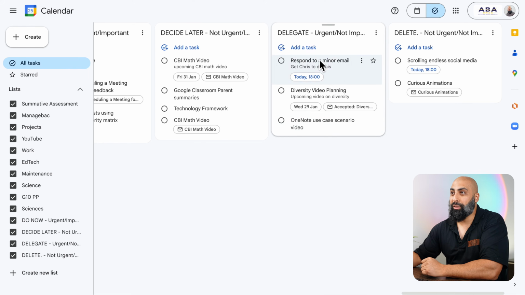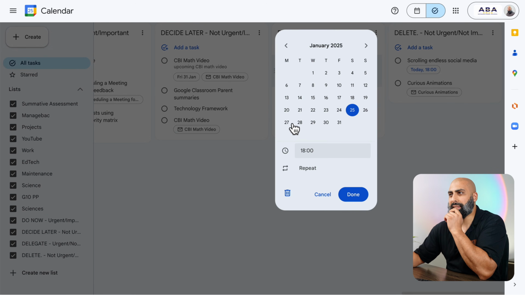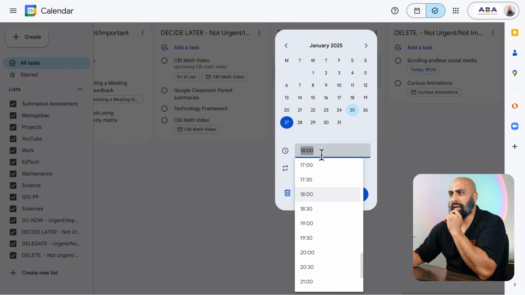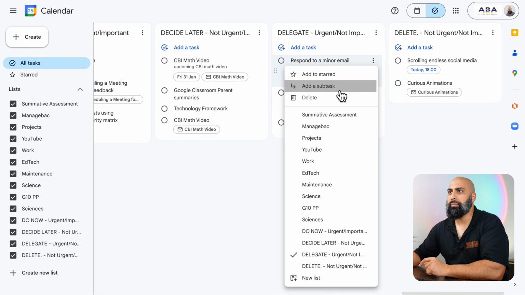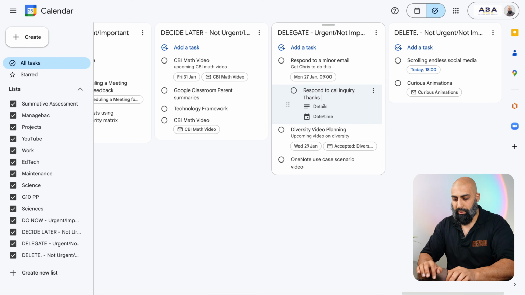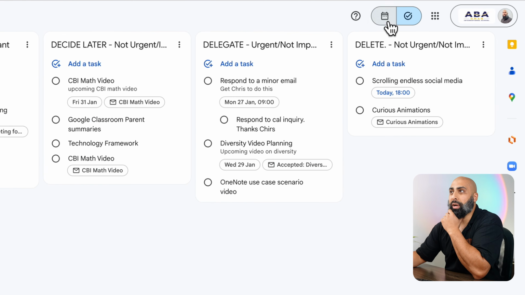You can even add details, due dates, and subtasks to make things super organized. So for example, if I click on this one here, let's add this to the 27th, and we're going to say at 9 AM. And then let's do a subtask. Okay, respond to calculate inquiry. Now the best thing about this is Google Tasks integrates with Google Calendar, so your important tasks stay visible. If I go back to my calendar view here,